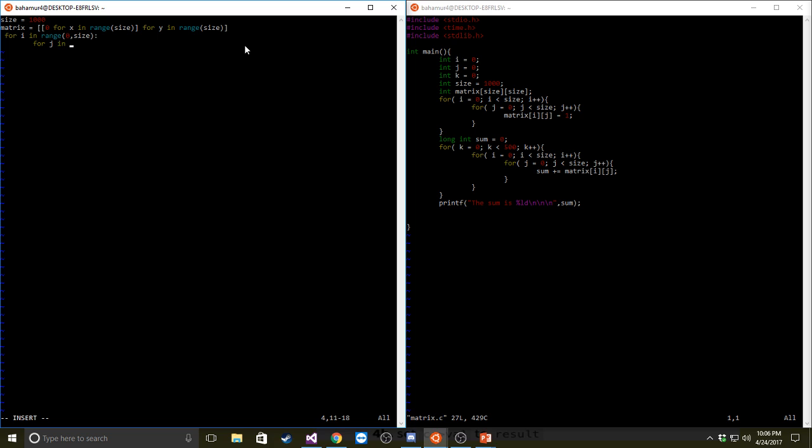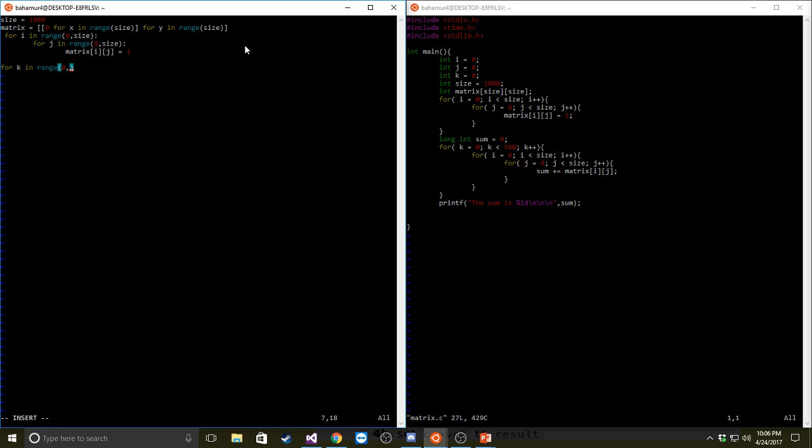I know this is a dumb program, or I wouldn't say dumb, but a simple program, but I'm only creating it because I am trying to drive a point home for you guys. So matrix[i][j] equals 1. Now, as you can see, we don't need semicolons. It's a lot more readable compared to the C version, where there are a lot of variables that I have to manage. Now, to create a for loop, let's do k in range